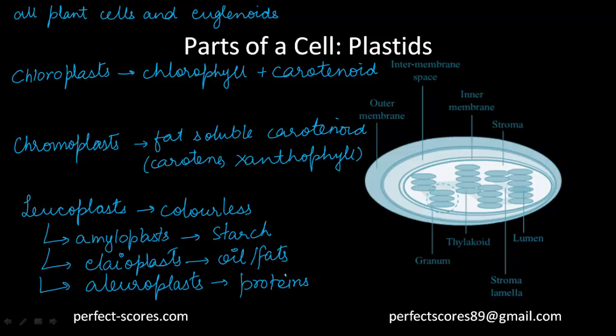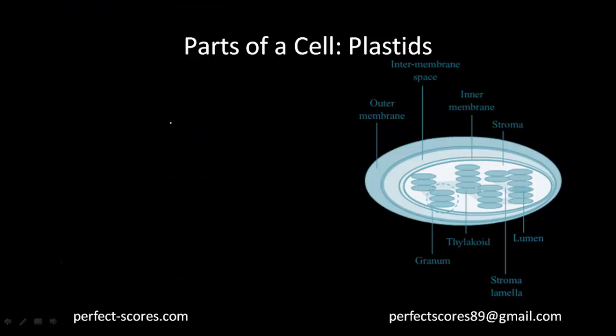So that is about the leucoplast, chromoplast, and chloroplast. And now we'll go ahead and describe the chloroplasts in a little more detail. So now let's do a little bit more about the chloroplasts in detail. Now you need to know that the chloroplasts are usually found in the mesophyll layer of the leaves and